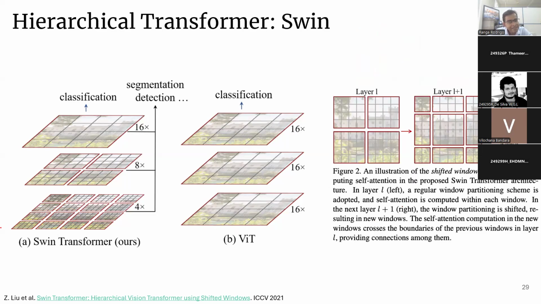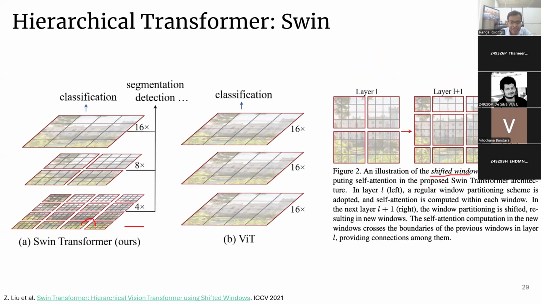One more thing is, when this happens, in this layer, there is no attention from this to that. So for that, they have this mechanism called the shifted windows approach for computing self-attention in the proposed Swin transformer architecture